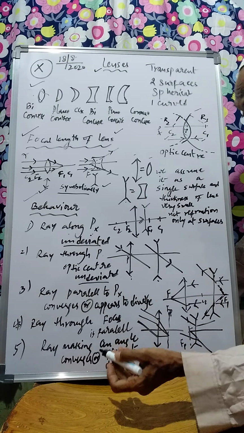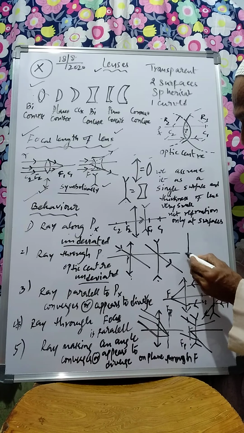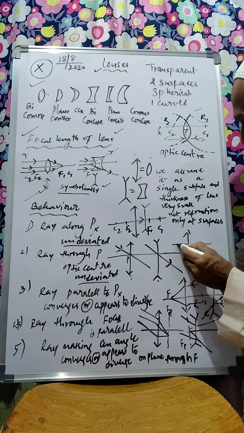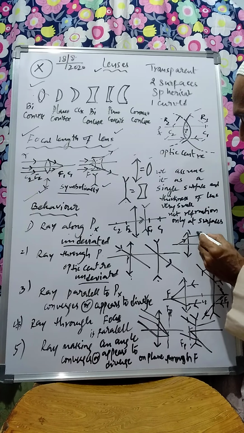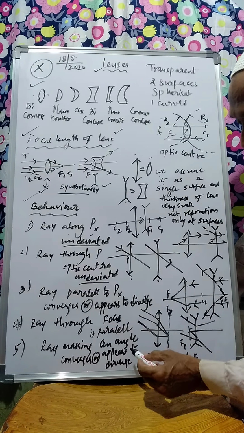Now the converse, a ray passing through the focus. If you draw an arrow mark like this, look, you can draw it like this, a ray passing through the focus. Let us say this is the focus, and the ray comes like this, then it emerges out parallel. In case of a concave lens, for a ray passing through the focus, extend like this, it emerges out parallel. This dotted line, okay? A ray passing through the focus has to go like this, but they appear to meet here. So this is the converse.